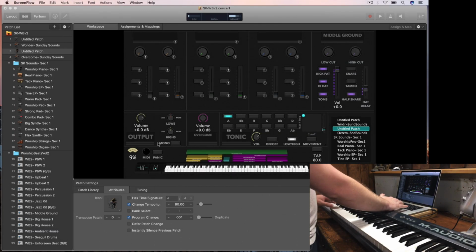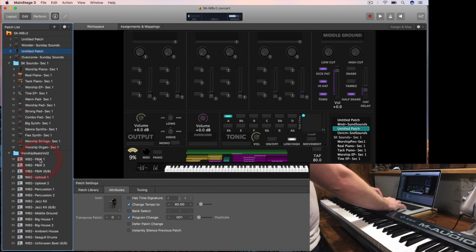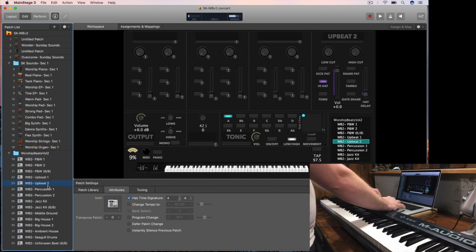Alright everyone, for the last little bit of this tutorial I just wanted to demonstrate how easy it is to combine the patches in Worship Beats Volume 2 with your existing Sunday Keys patches if you're a Sunday Keys user. So the same modular workflow that makes Sunday Keys everything it is applies here. All of these Beats patches are in Section 4 of the template by default, and so to combine any of